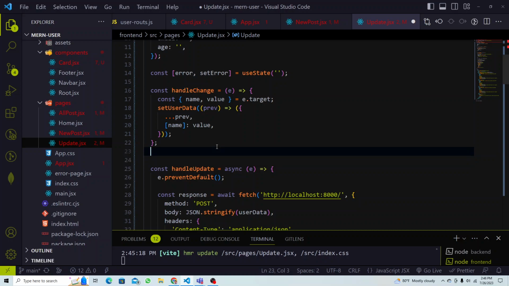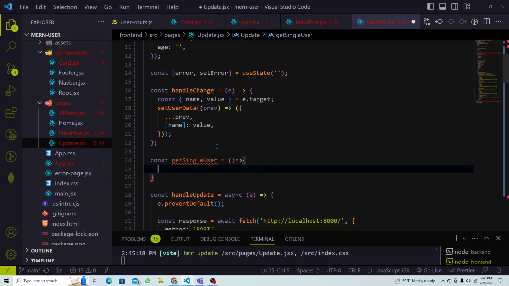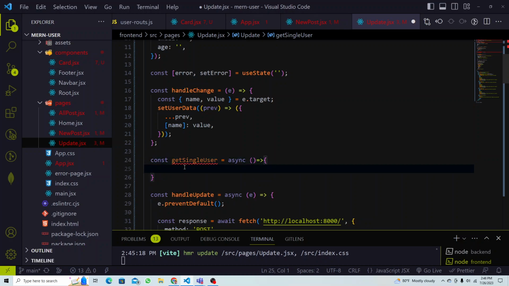So let's do this, better to do it here. So const getSingleUser equal to, and we are getting the user from the database, so that will be async, and yeah, so here